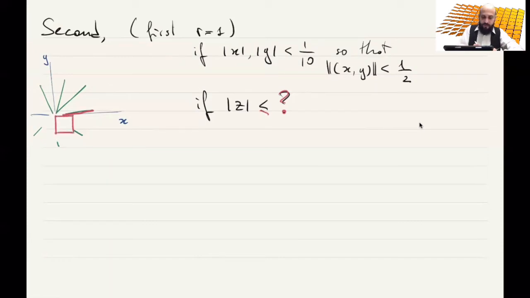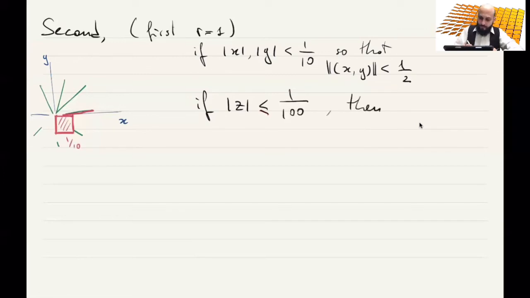If the square has side length 1/10, the length is 4 times that, so still less than 1/2, and the area is 1/100. So if z is less than 1/100,